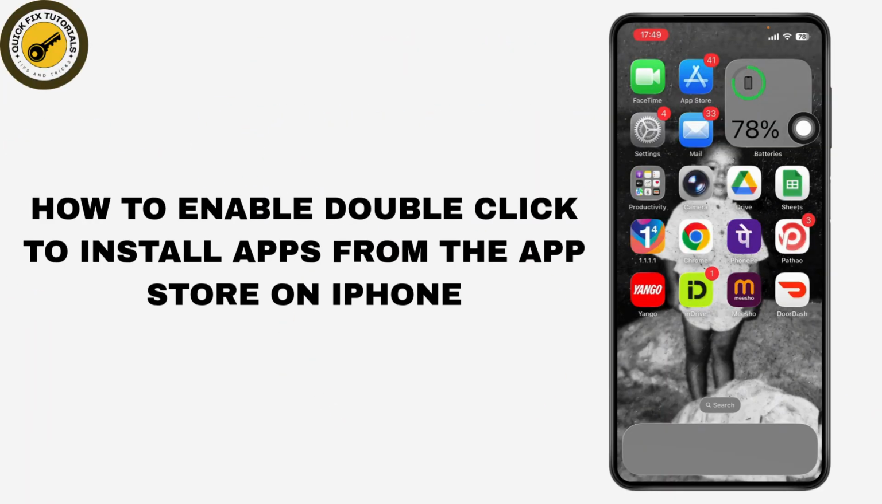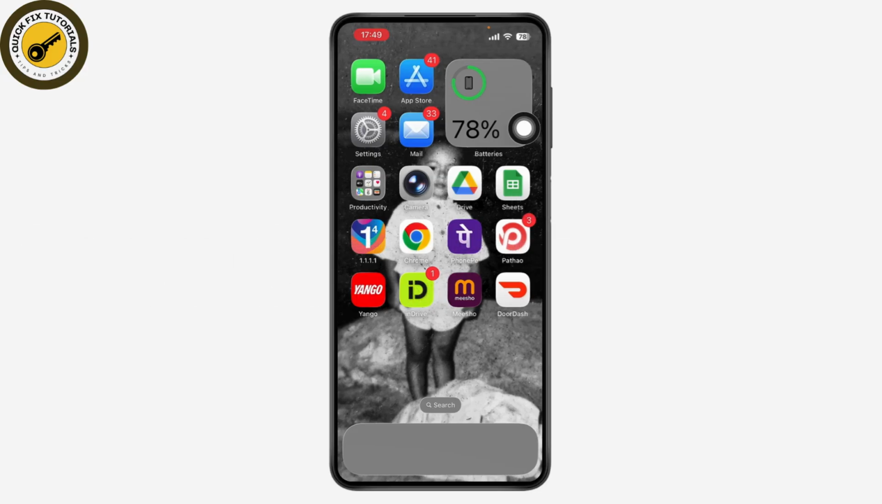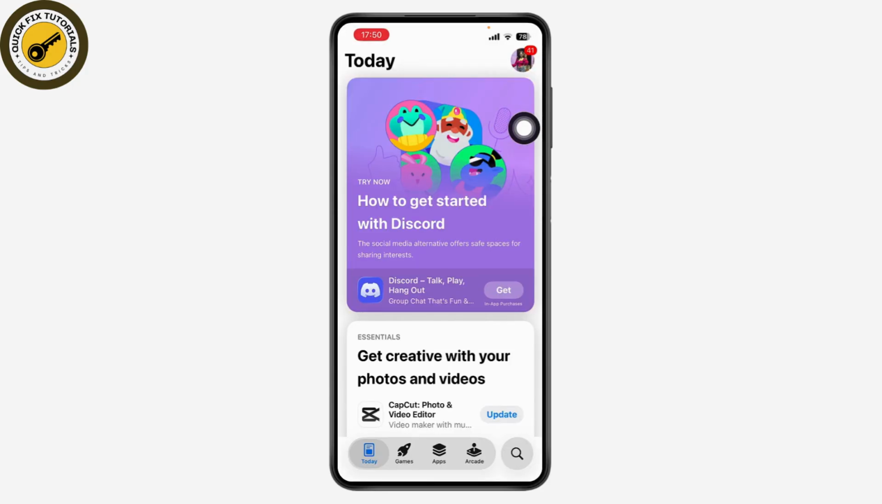How to enable double click to install apps from the App Store on iPhone. So if you want to enable double click to install apps from the App Store on your iPhone, then what you need to do is first, when you go to the App Store and you want to install something here,